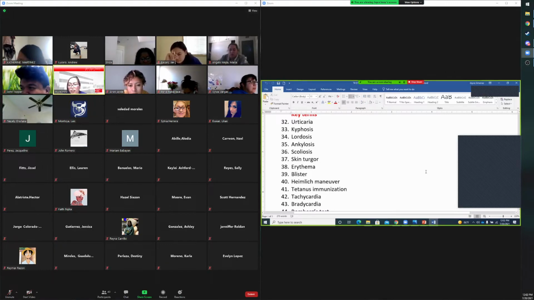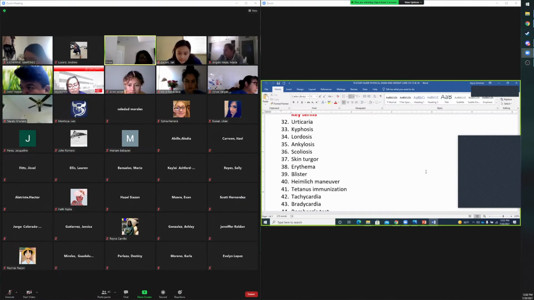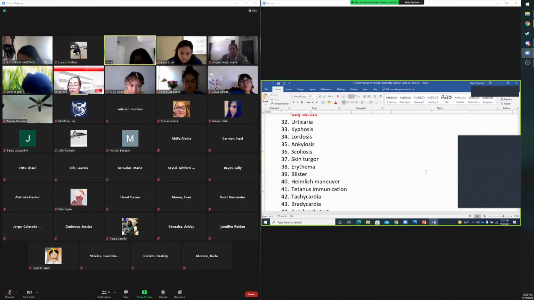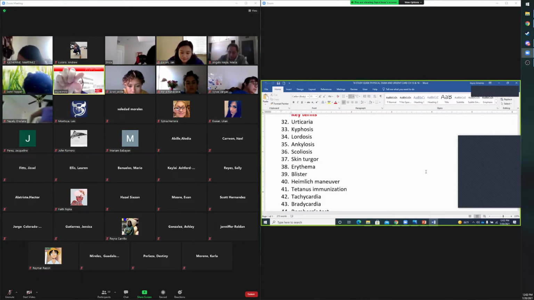What is skin turgor? How do you resiliency of the skin? Okay, very good. That's a good word, resiliency of the skin. How do you perform it again? From the clavicle area, a pinch on the clavicle or on the back of the hand. Okay, forearm, sternum, clavicle. You pinch an area of the skin, no? So the negative sign is tenting. You're gonna have skin tenting, and it signifies dehydration, no?